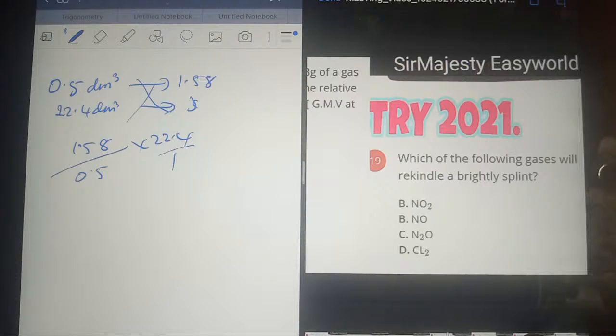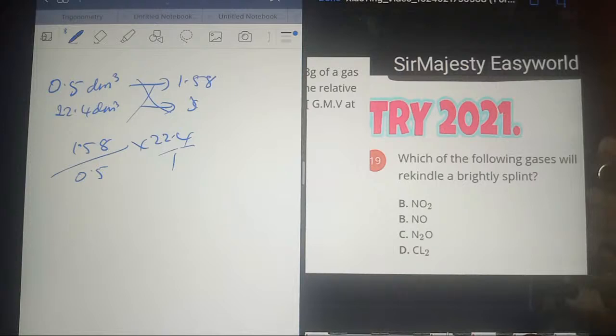But in those videos, I differentiated oxygen from laughing gas, because both show similar properties in terms of the glowing splint. If you insert it, this means if anything is burning and you extinguish it, if you put it back in oxygen or nitrogen 1 oxide, it will relight. That's what is meant by rekindling. But oxygen forms a reddish brown gas when you combine it with NO, and is absorbed using heated copper.